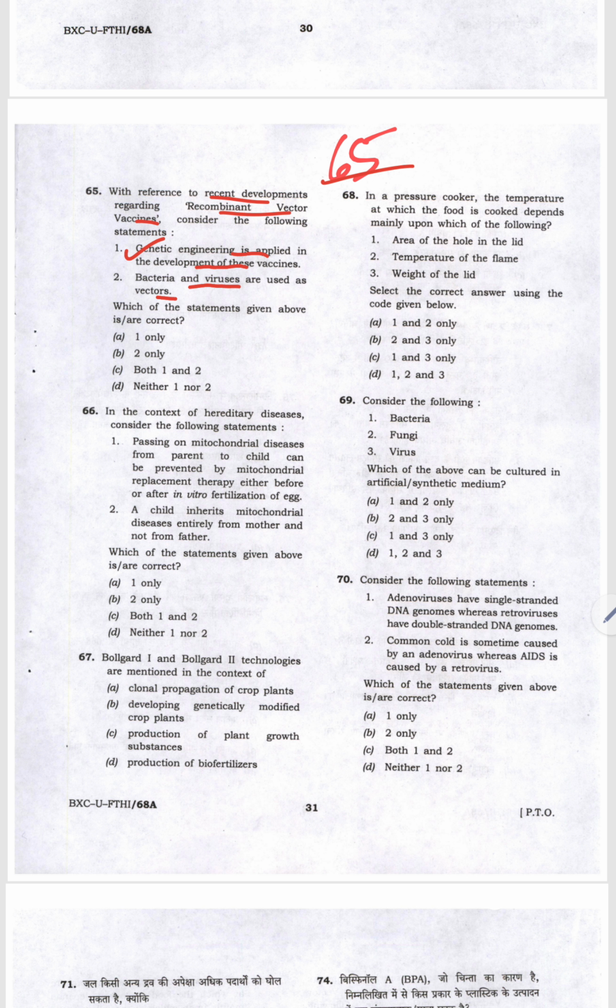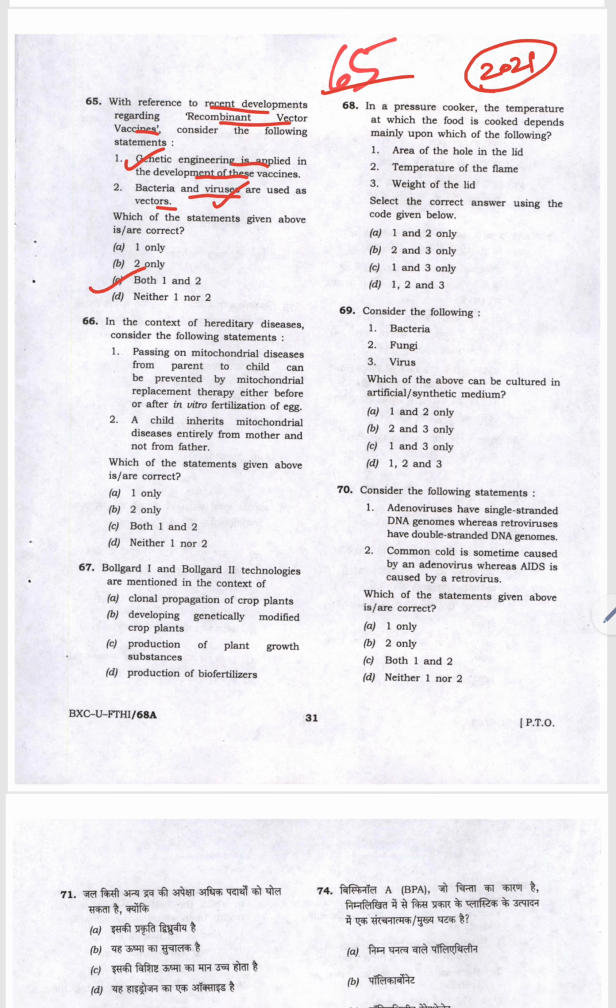Bacteria and viruses are used as vectors. Can be possible because see, this is the 2021 paper. What happened in 2020, 2021? COVID. COVID is a coronavirus. So bacteria and viruses are used as vectors. Here they are talking specifically about viruses also. So it can be possible. So my option will be both 1 and 2. This is how I'll try to analyze, though I don't know something regarding recombinant vector vaccines. Got it? Next,